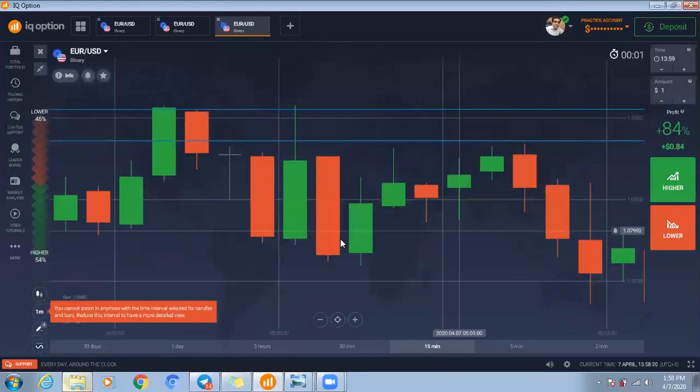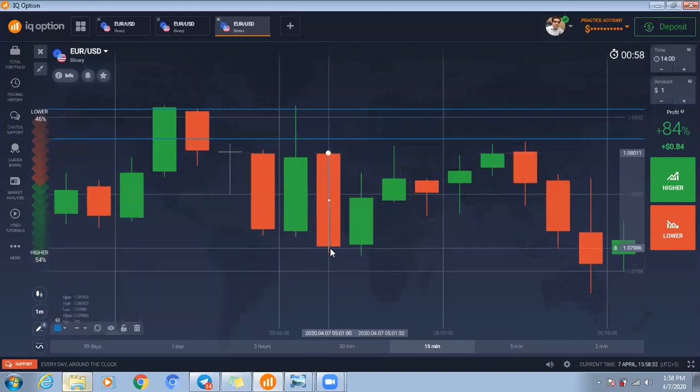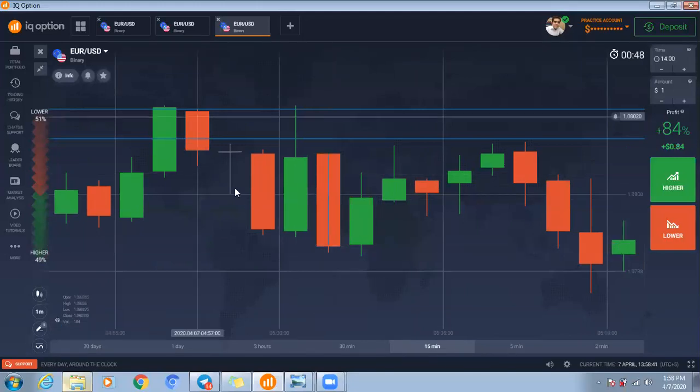If we say this is the piercing line pattern, and we calculate this candlestick with the level, okay, this level, the 50% is crossed. Now we can consider it as a piercing line pattern. So now forget this pattern, follow this pattern.